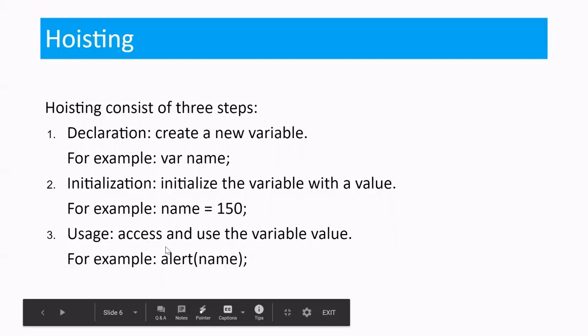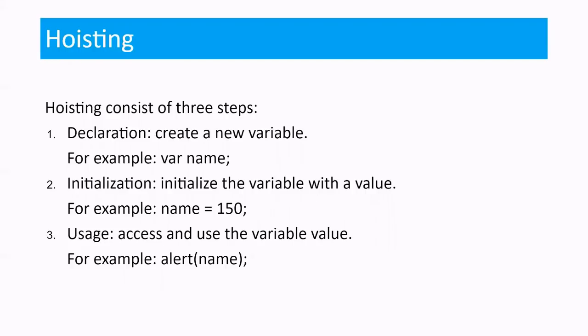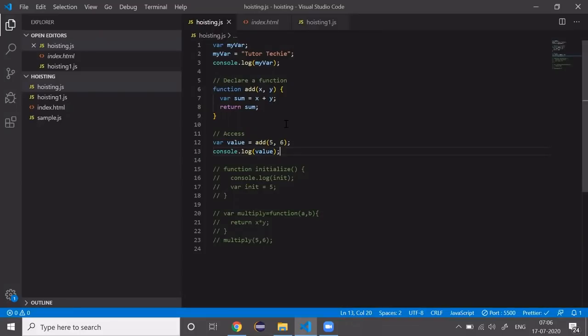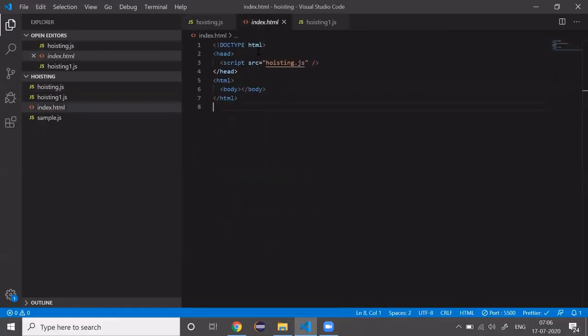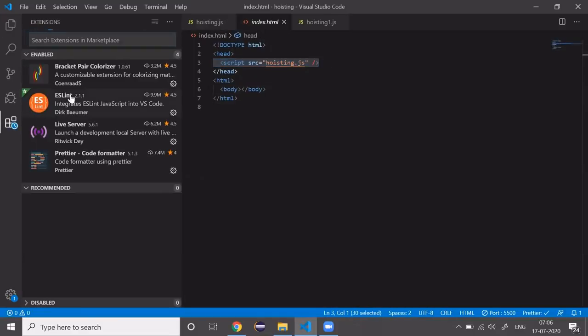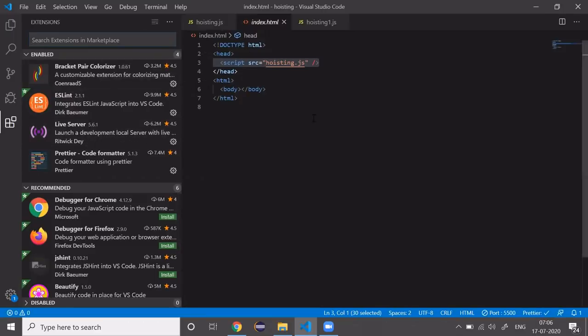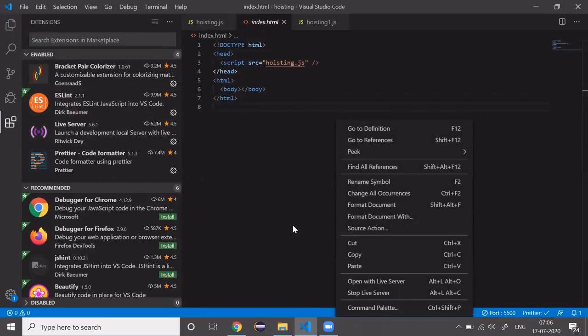So now we have done enough talking. Let's walk the talk and jump into the coding and understand the concept better. I have set up a workspace for your understanding. I have index.html, and I have included a JS file. I also have the Live Server extension, which will launch the server and run the code. So let's run the live server. It's running index.html,